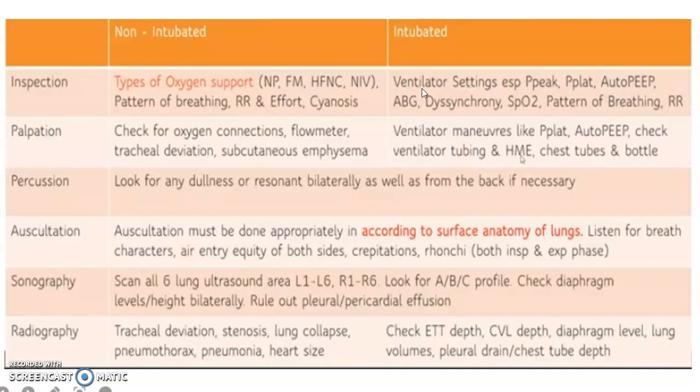Also, in intubated patients, see the ventilator setup, especially the plateau pressure and the peak airway pressure. Also see for auto-PEEP, and arterial blood gas analysis has to be sent, and also see for desynchrony, and see the pulse oximetry reading, saturation, and the pattern of breathing and respiratory rate. The other is on palpation. So check for oxygen